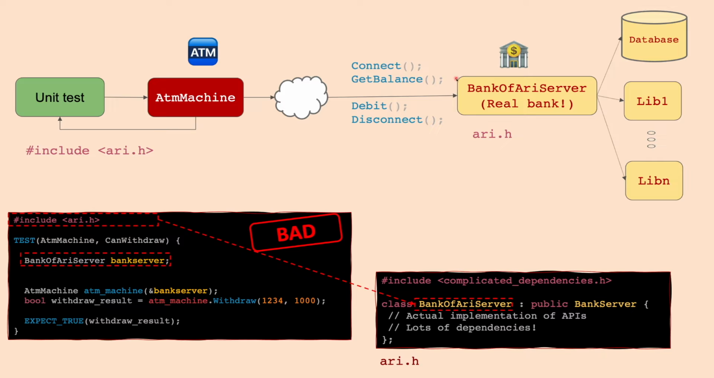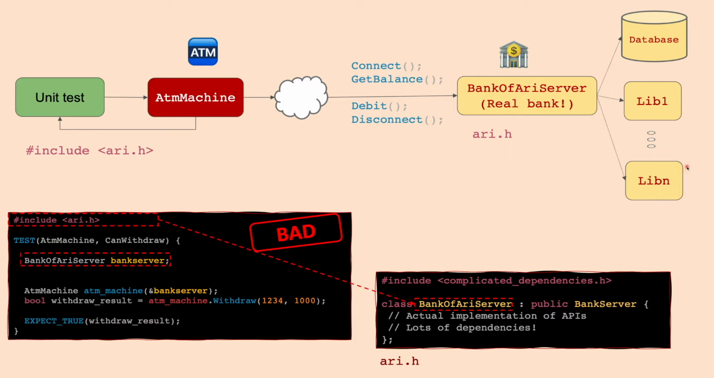So let's say I implemented this in a file called re.h, and there's a class here called Bank of RE, which is inheriting from our abstract class, the interface bank server. Now, because this is a real class, it might have a lot of other dependencies, and it might actually include a lot of other files, which means that in my test, if I want to use that real bank server, I will have to include this file, and that probably means that I have to be worried about all of